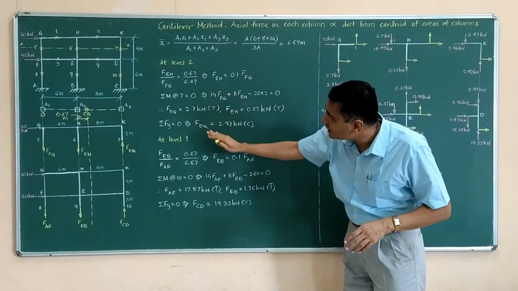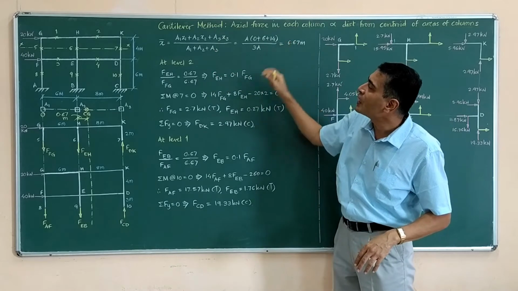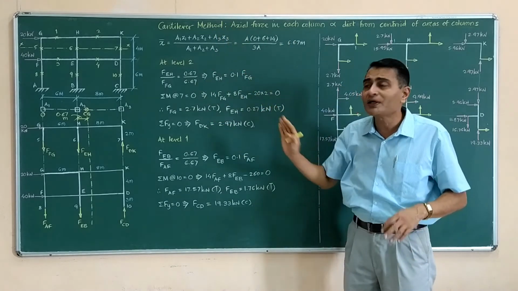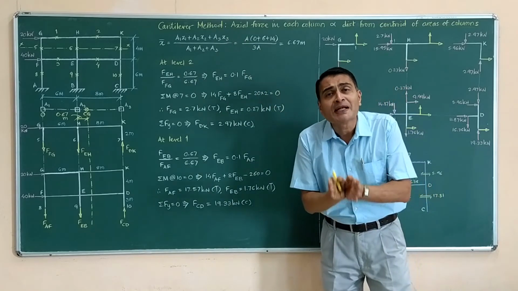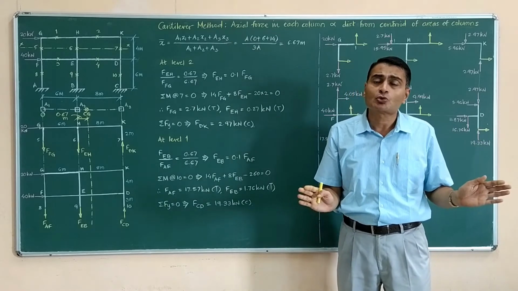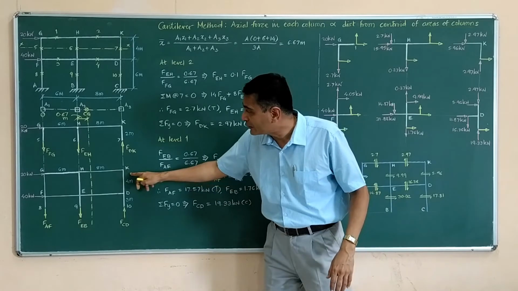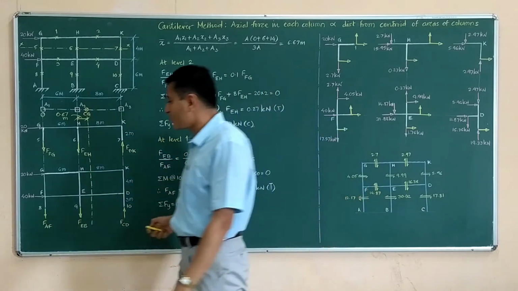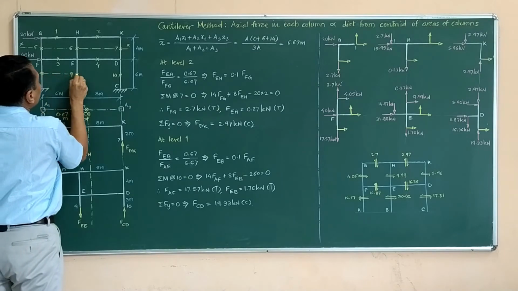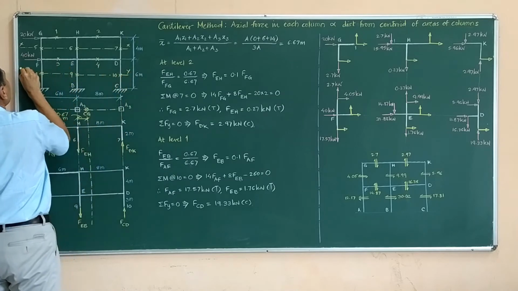Go through this carefully. Whatever I have written, right from finding the centroid up to what we have written for the upper level, level 2, just go through it. It is all simple. It is slightly different from the portal method, that's all. No big deal. Then I go to level 1. Level 1 means what? Passing through 8, 9 and 10, I am imagining a section. Let me call it section YY.